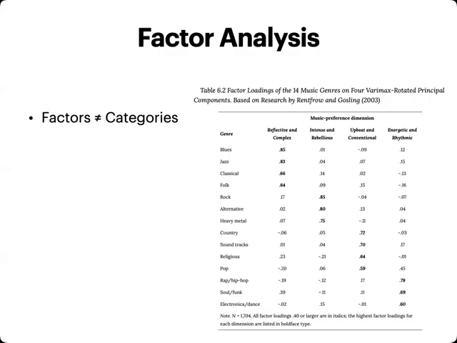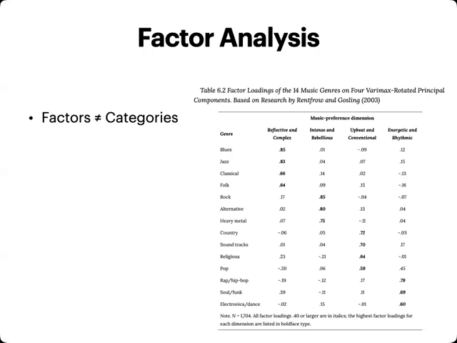Consider another example. Peter Renfro and Samuel Gosling surveyed over 1,700 university students, asking them to rate their preferences across 14 popular music genres. Their analysis using factor analysis revealed four distinct music preference groups: